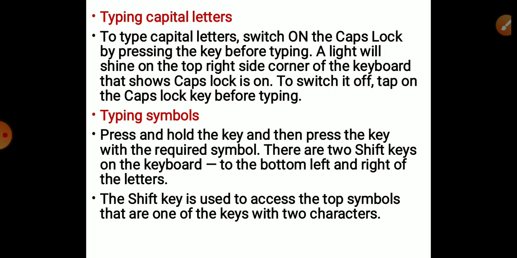For typing symbols, there are special symbols available along with the alphabet keys. When you want to use those special symbols, you have to use the shift key in combination with the alphabet keys, which will give you the symbols.